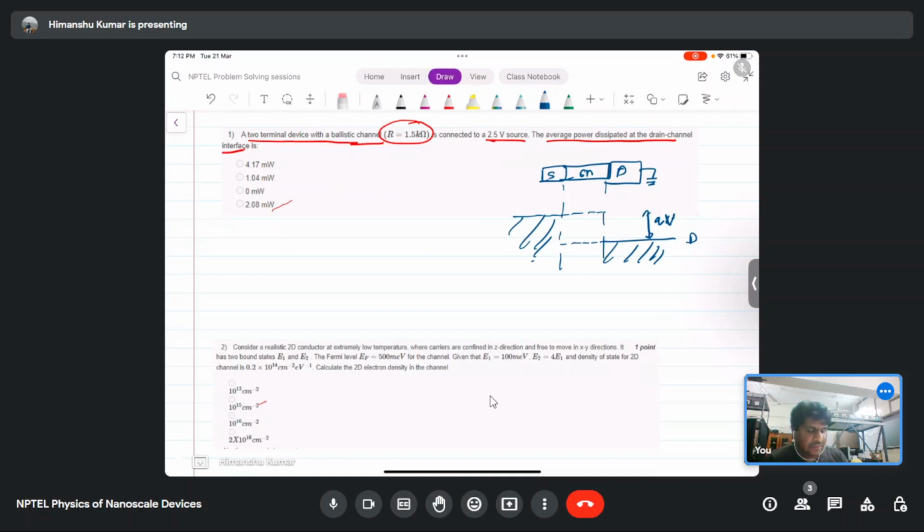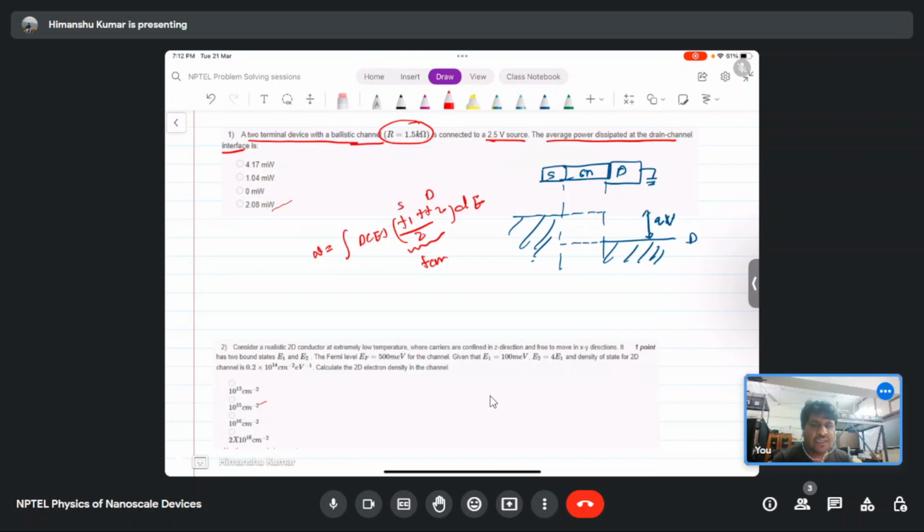So as we have derived in the earlier lectures, the average number of carriers in the channel region is basically the density of states multiplied by (F1 + F2)/2, multiplied by dE, and this you will integrate over all the energy. So this is the Fermi level for the channel. So this is known as the channel Fermi level. As we can see, this is the mean of the Fermi levels of the source region and the drain region.